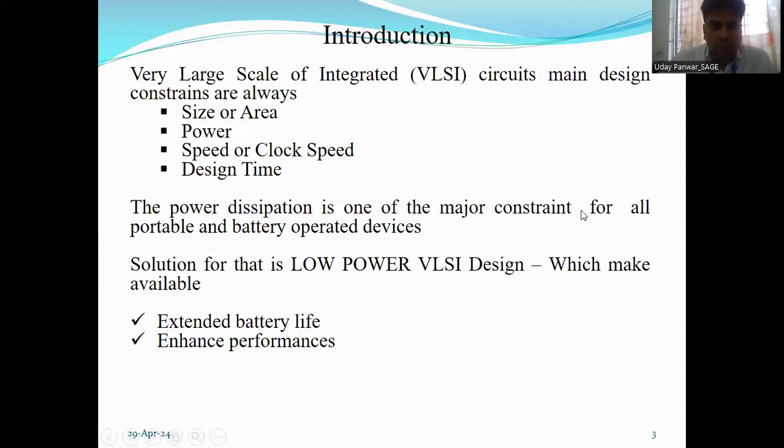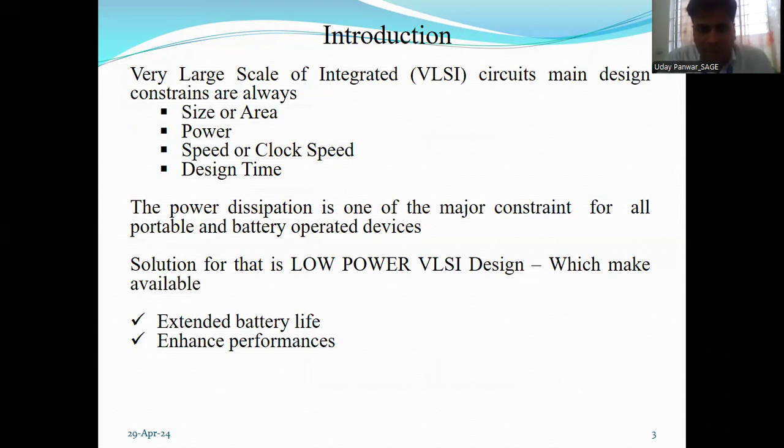The first one is the introduction part, where VLSI is very large scale integrated circuits. When a single chip has millions of transistors connected on it, it comes under this scaling technology that is called VLSI, very large scale integration. The major constraints of any VLSI chip are its size or area, power dissipation, speed or clock speed, and fourth, design time. So among all these four